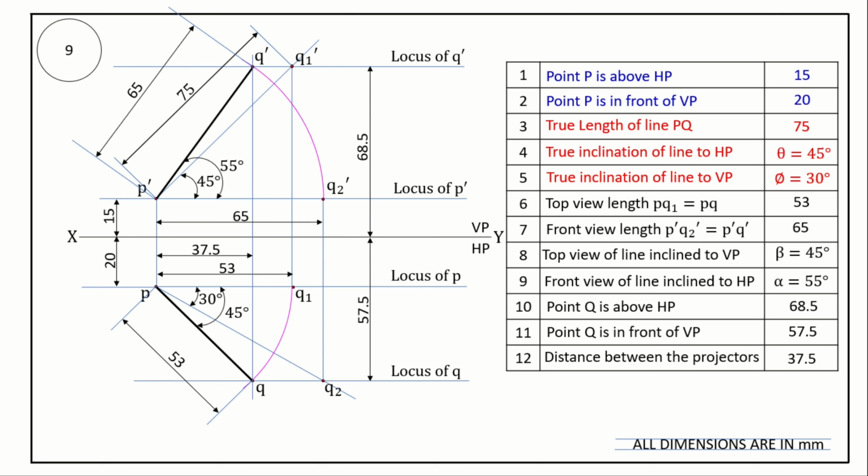So, we have drawn the projection of the straight line by using the 5 data and we have found the remaining 7 data. In questions, they may give you any 5 data. They may give you the top view length, the distance between projectors, or the front view length. You have to draw the same answer. The figure is the same, the shape is the same. The only thing is the steps will change. So, kindly remember this. First of all, when the question is given, read the question and find which data is given. Find the 5 data and draw the same answer in different steps.